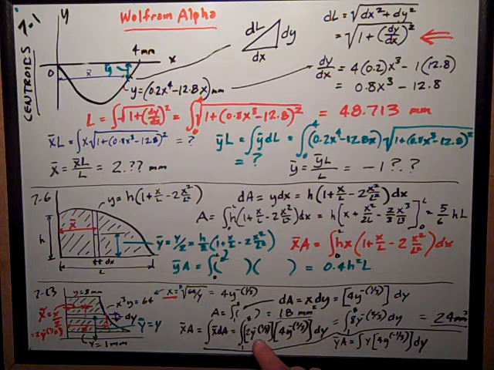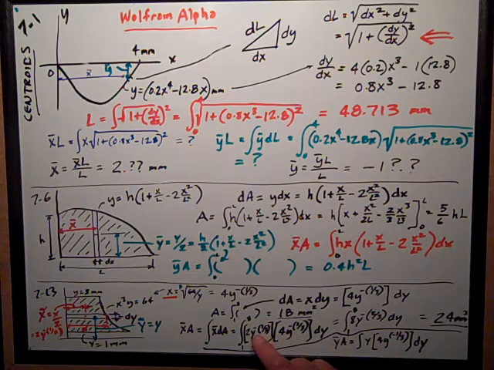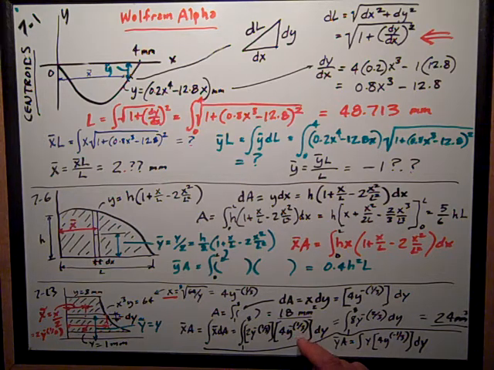So that's this expression right here, that's x bar. Then dA is just this expression up here, 4y to the negative 1/3 dy. I combine the terms, and I get the integral from 1 to 8 of 8y to the negative 2/3 power. It's because y to the negative 1/3 times y to the negative 1/3 is y to the negative 2/3. Integrate that,